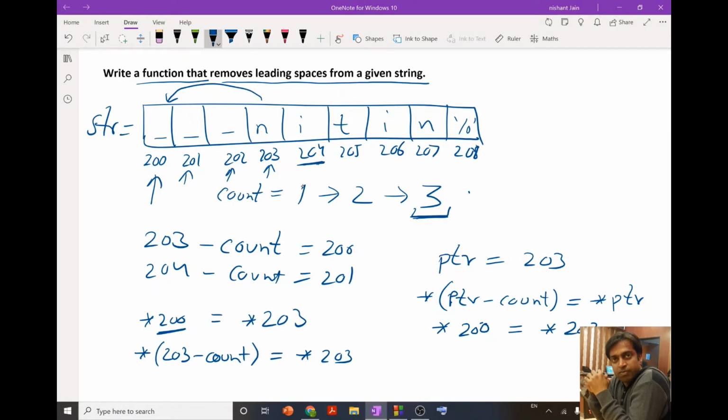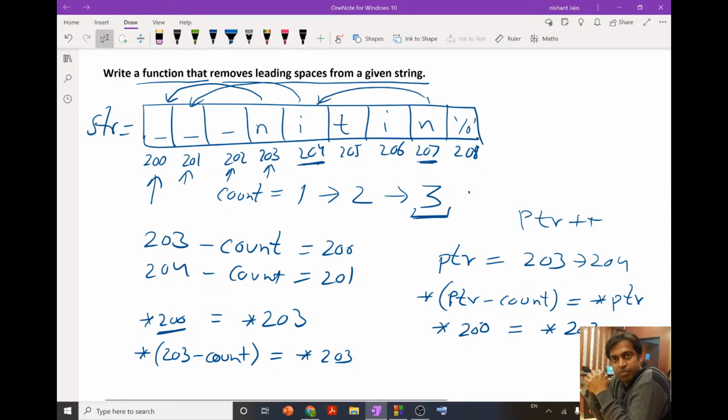Then we move to 204. When ptr becomes 204 by using the operation ptr plus plus, the value at 204, which is i, will be copied to the new position, and we are going to do this till the last n.